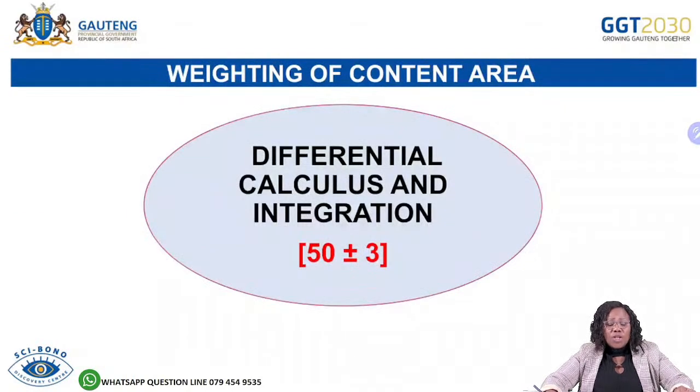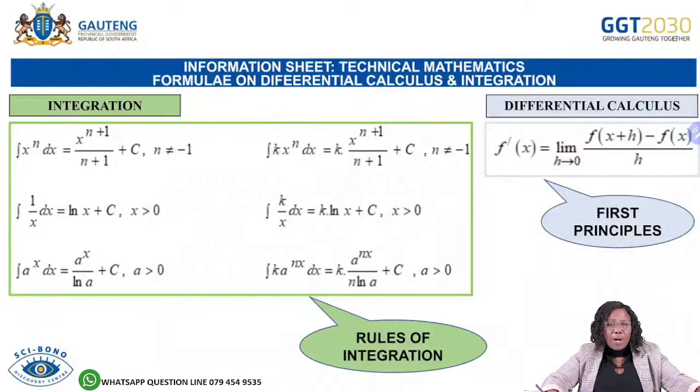Right, and then these two topics, differential calculus and integration, on your Paper 1, out of 150 marks, are worth 50 plus or minus, Grade 12. That is a lot. So you basically need to give these two particular topics attention in order to pass your Paper 1. Under integration, I've already elaborated on the rules, and now we are giving an alternative